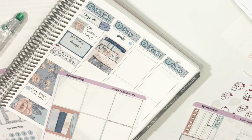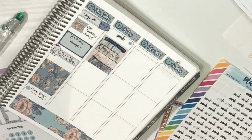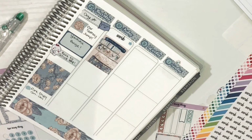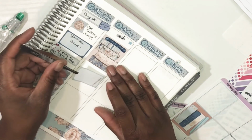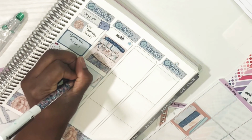And then after that, I could see what I'm doing here, because I don't know what I'm looking for. I was looking for a lot of stuff because I had to pull a lot of different stuff for this kit, actually. I went ahead and got another half box, and